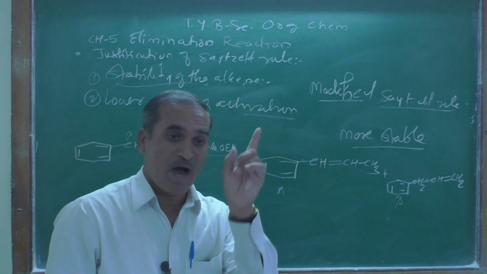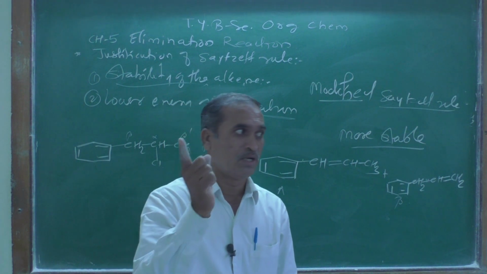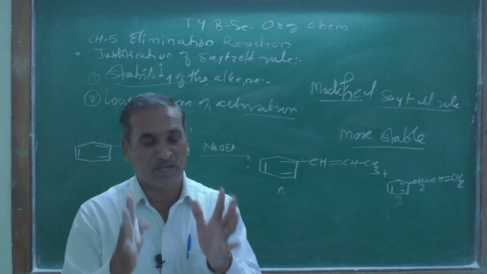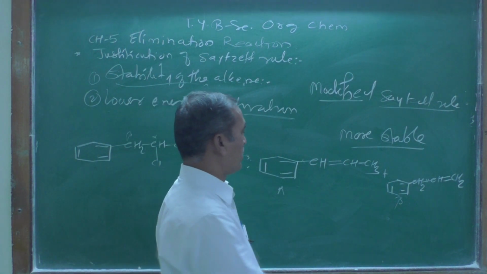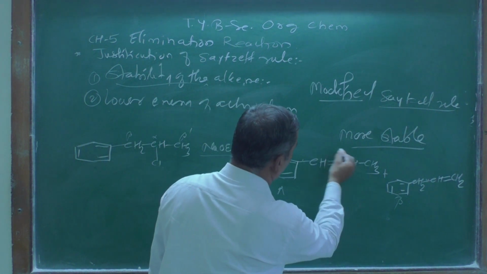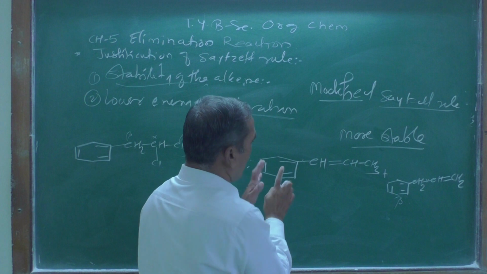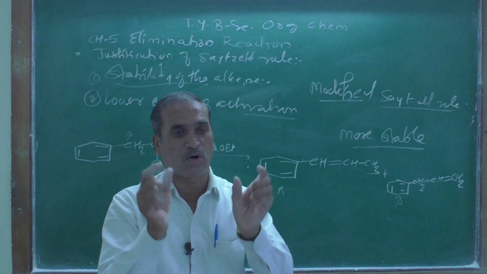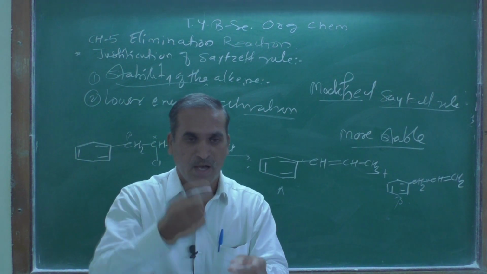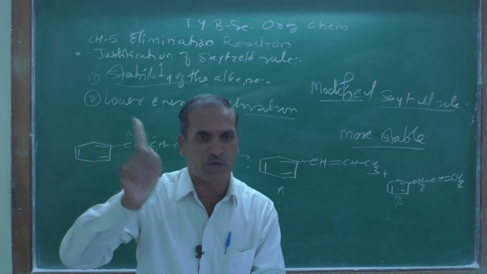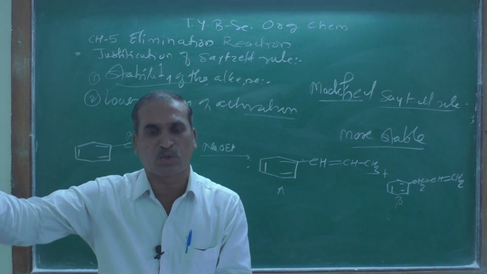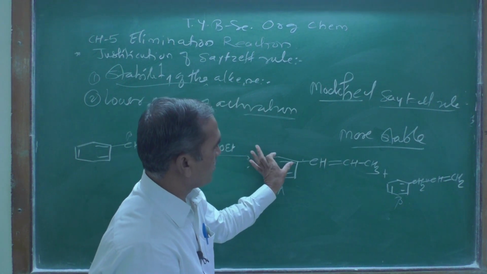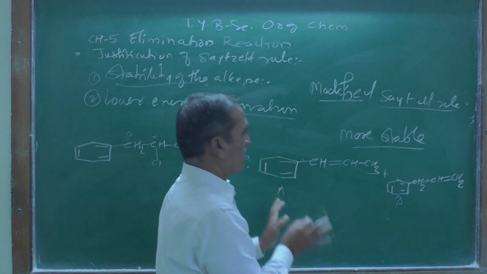That's it, so simple. But here the examiner expects another explanation. What is that explanation? In A, these carbon-carbon double bonds are in conjugation. Look here, alternate carbon-carbon double bonds are there. That type of organic molecule is more stable. The number of resonating structures goes on increasing, so the stability of that molecule goes on increasing. So apply the same principle here. There is a carbon-carbon double bond, single bond, double bond, single bond, and therefore it is